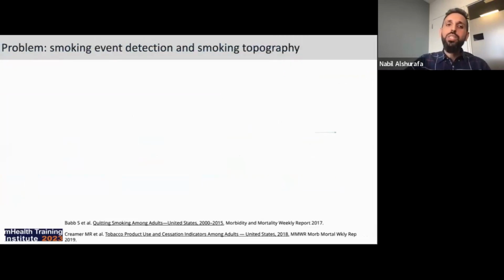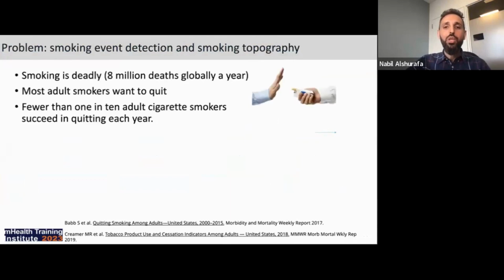All right, Santosh spoke quite a bit about smoking, and this is also a problem of interest in my lab. So I want to start by going through some examples of applications that we target. Smoking is deadly, with 8 million deaths globally a year. Most adult smokers want to quit, but fewer than 1 in 10 actually succeed.